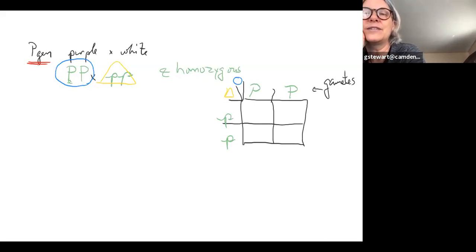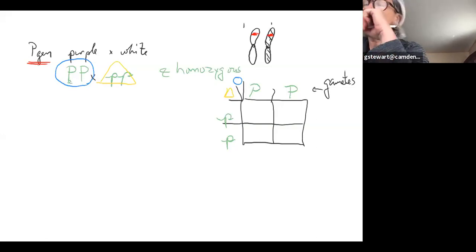But if this is one capital P on chromosome 1, and this is the other capital P on chromosome 1, and I'm going to refer back to our drawings from yesterday. Remember when I had those chromosome 1s, and I had one that was plain and one that was stripy? And I know they were green. They're just black today because that's what I have in my pen, right? And I did this, right? So this is chromosome 1, and this is chromosome 1. This is what I'm depicting here.